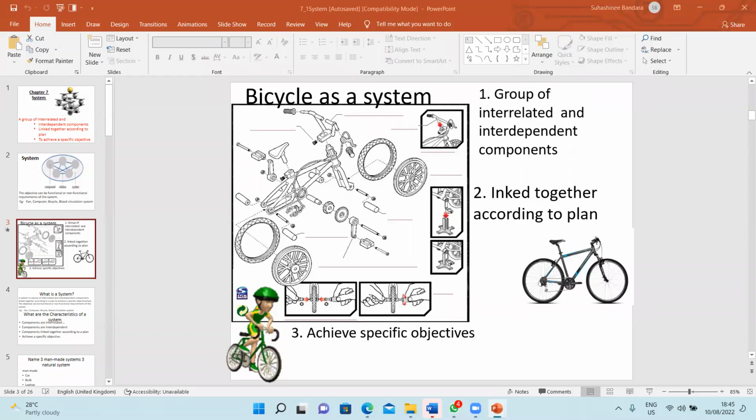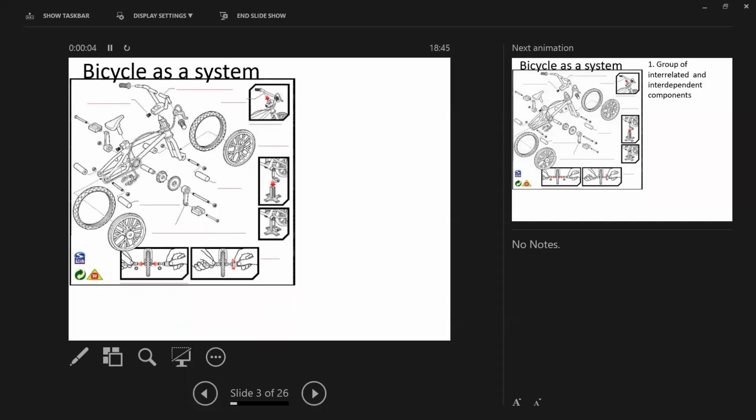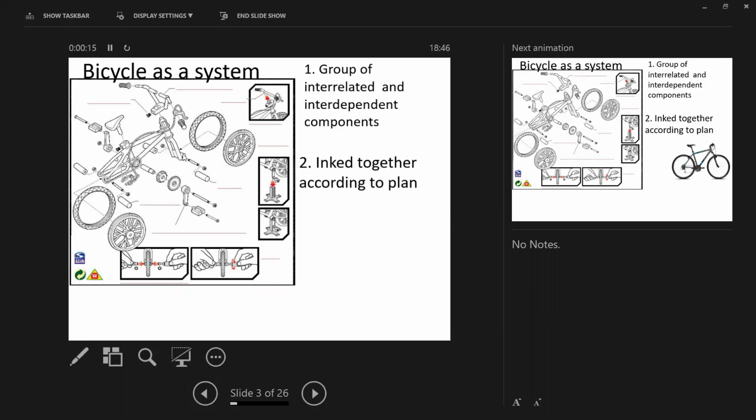Look at this cycle. Can we say this is a cycle in the beginning, with all the parts? Can we say all these parts are a cycle? No. When all the parts are removed and kept separately, we can't say it is a cycle. But a group of interrelated, interdependent components, if we link them together according to the given plan, we can make a cycle. But can we say this is a system? Is this giving us a functional requirement? No, it just stays like that. It is not moving. So